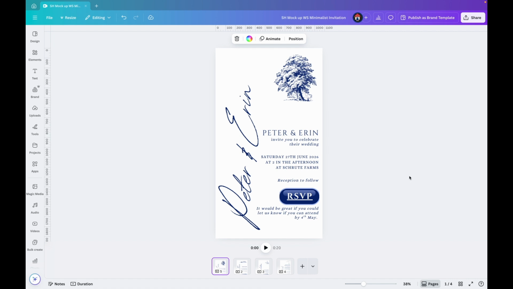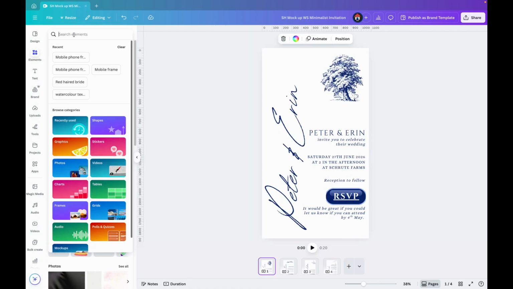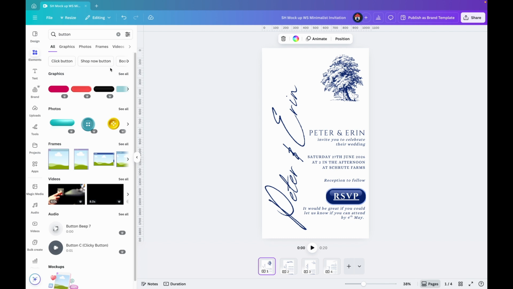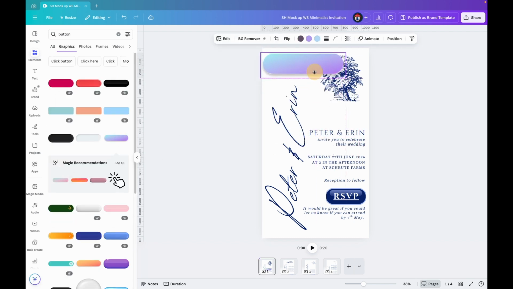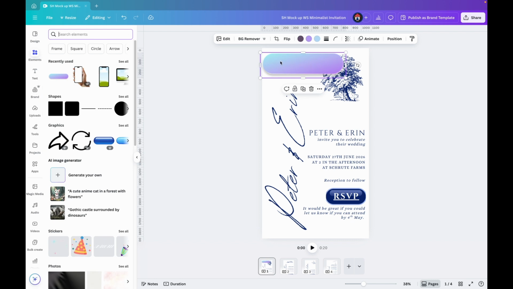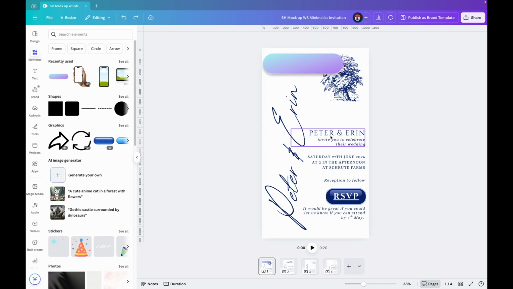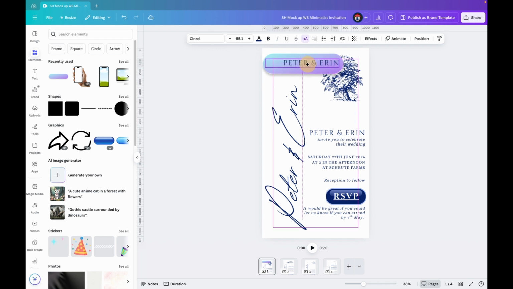Let's start with how to do a link. What I've done here is, in order to create this, I have gone into Elements, I've typed button, and then you can choose what works for you and your color scheme. And then I've just gone into a text that I'm using, copied it, brought it on top, changed the alignment. All you need to do then